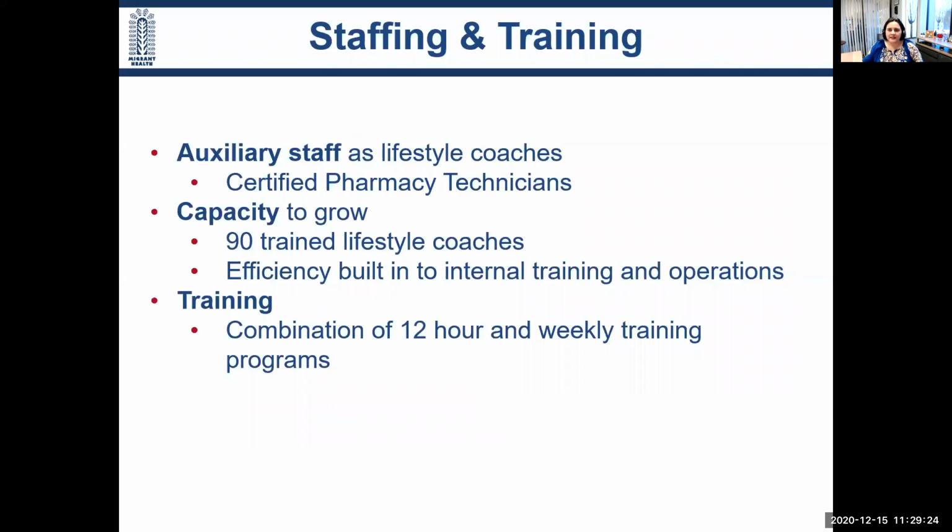Next slide, please. So one of the things that we did is we took that model of medication therapy management and we leveraged the same resources that we had, but then applied this DPP program to that. So we have certified pharmacy technicians that we trained as lifestyle coaches. Because we know that pharmacies are located in communities where people go, we also wanted to partner with community pharmacies to be able to be an access point for patients that go pick up their medications and use that pharmacist as an accessible provider to them that then was coupled with some of the work that we do with a telehealth model here. So we trained over 90 lifestyle coaches.